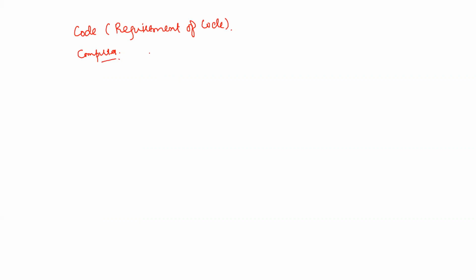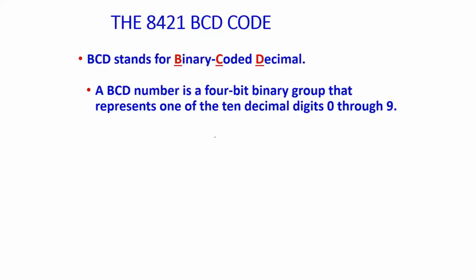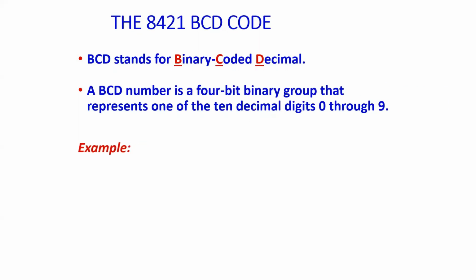So one of the codes in this category, which we will start discussing today, is your BCD code. BCD stands for binary coded decimal. So normally till now, if I write 32 in decimal and I ask people to get it converted to some binary sort of thing, you can easily do this like this. Okay. So this is your binary. So this is your conversion.